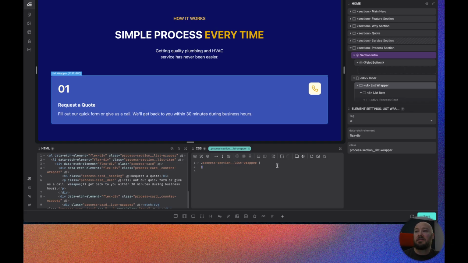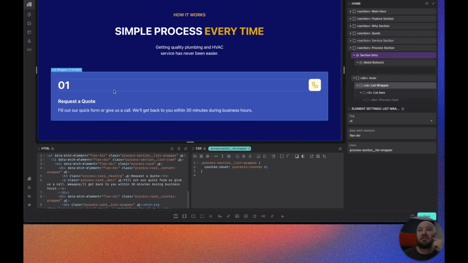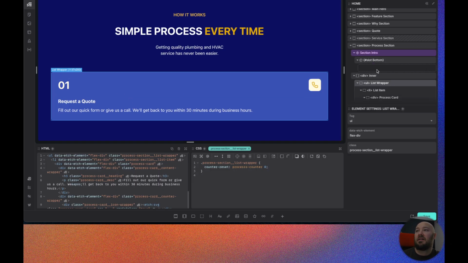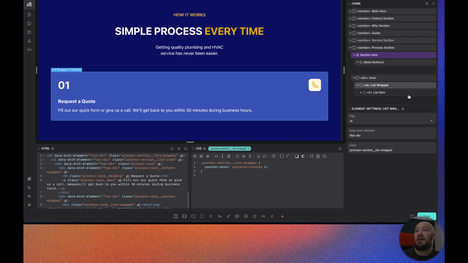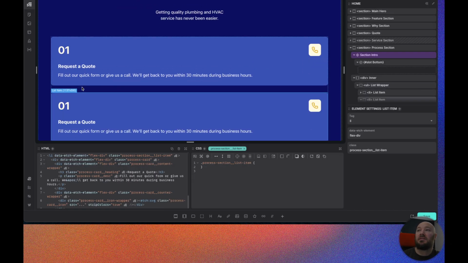So in our case, that's going to be a counter reset of our process counter, and we want to set that to 0 so that it starts from the beginning. And again, now if I were to duplicate that out,